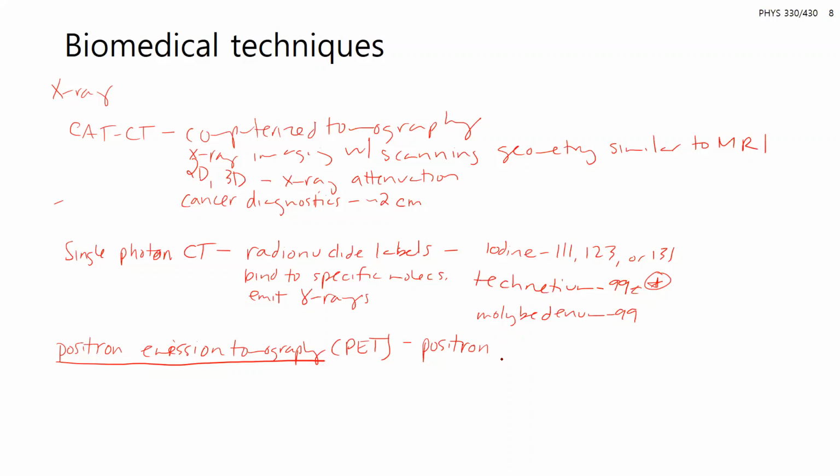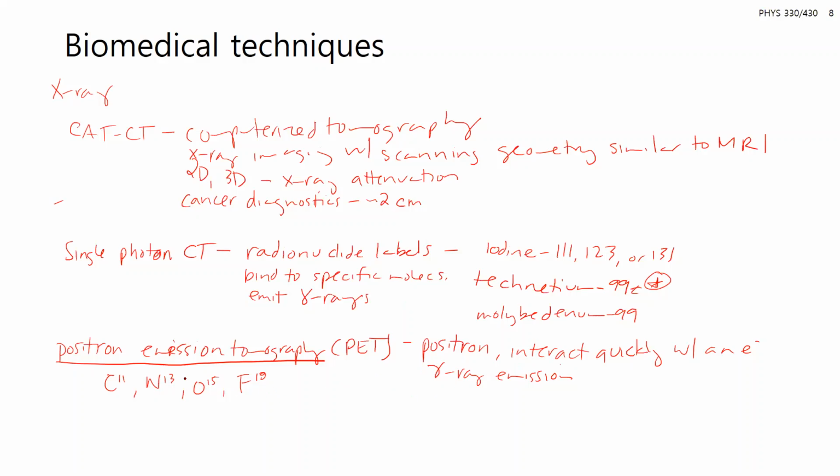So positrons are the antimatter equivalent of electrons, and they'll interact very quickly with an electron nearby and then cause gamma ray emission. So this uses different radionuclides. So this would be like carbon 11, nitrogen 13, oxygen 15, fluorine 18. So you can see these are more common, that those will emit the positron and then combine with an electron to